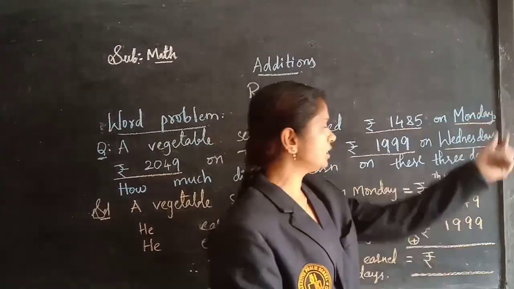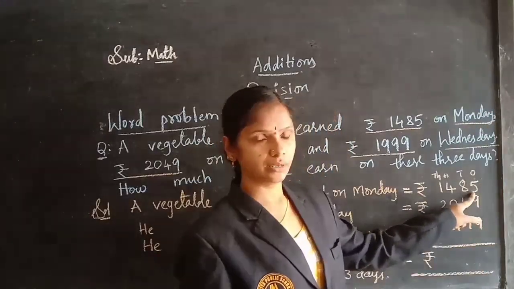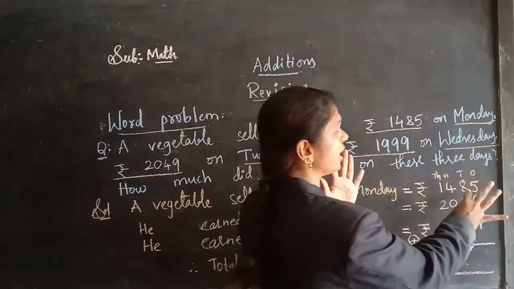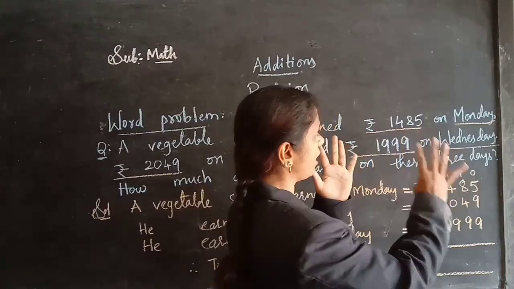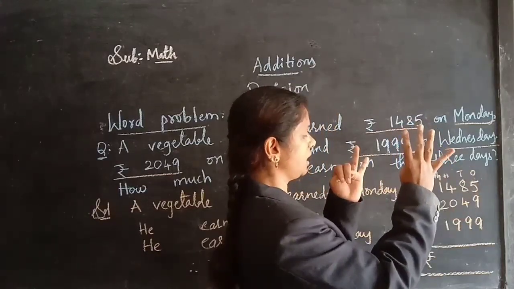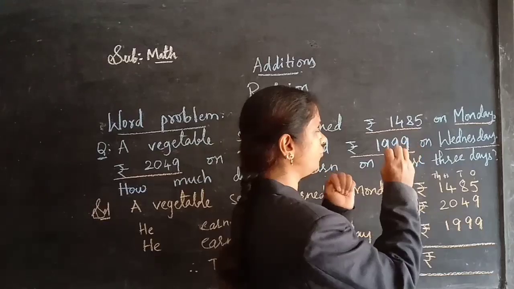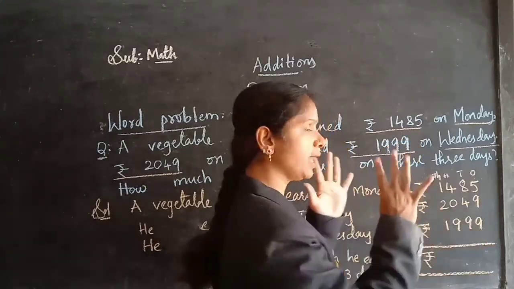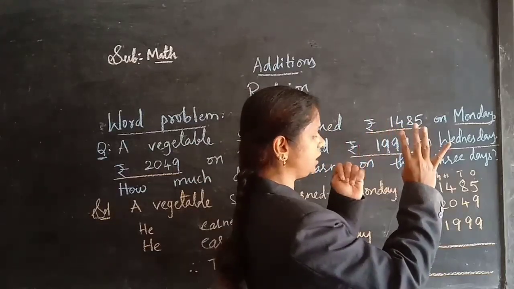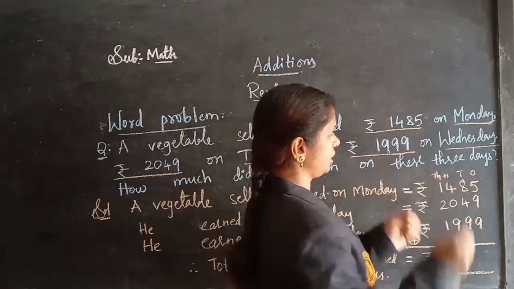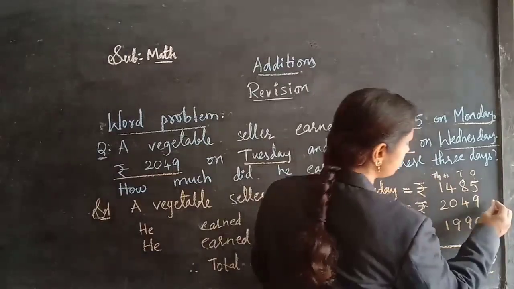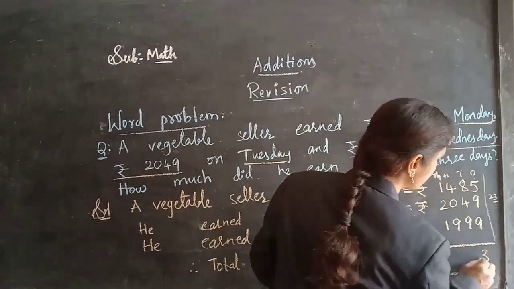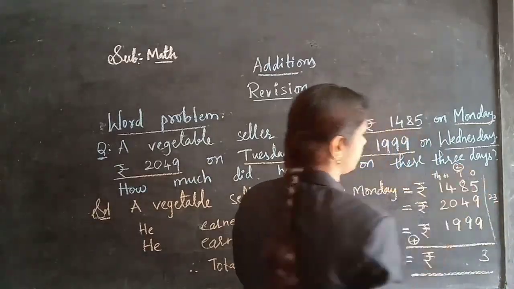Let's add the ones column first. First 1 is there, 5 is there, children. And the next digit is 9. Come on, 5 after, I need to add 9. Okay, 5 after 9 is 6, 7, 8, 9, 10, 11, 12, 13, 14. I am getting 14 till here, and 14 after I need to add again 9. So 15, 16, 17, 18, 19, 20, 21, 22, 23. So I am getting 23 here, children. So here 23: this 3 I need to write here and 2 as a carry.